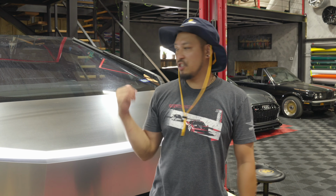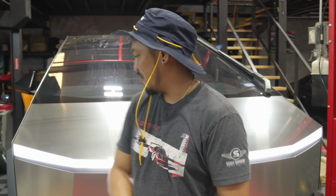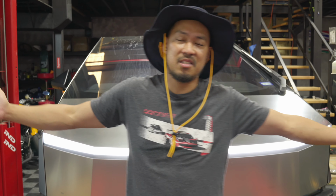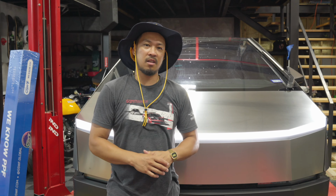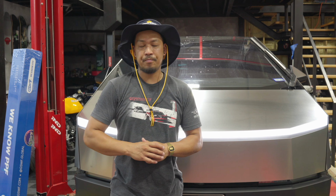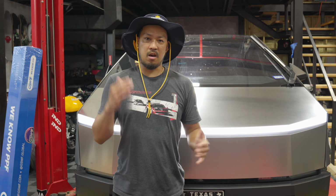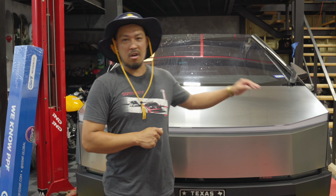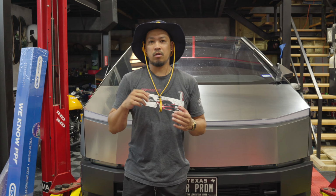We got our very first Cybertruck. These have been out for a couple weeks now, and we just got our first one. This thing is crazy. The steering, the metal, the everything. But anyways, as you've heard, these things can rust, they can stain, they can do a lot of things, especially being in Houston, Texas. So the client has decided to do a full PPF vinyl wrap, special color. He owns a company, so he's going to wrap for his company. And we're going to do a really cool orange by